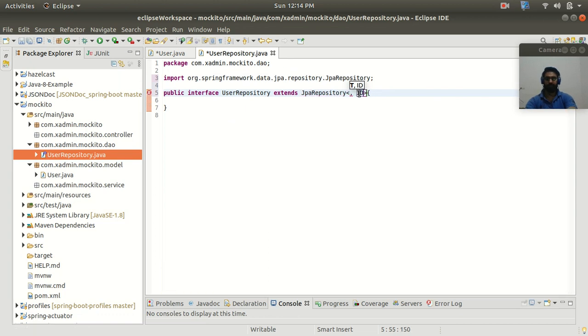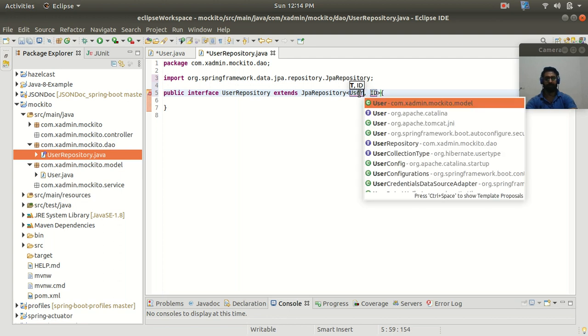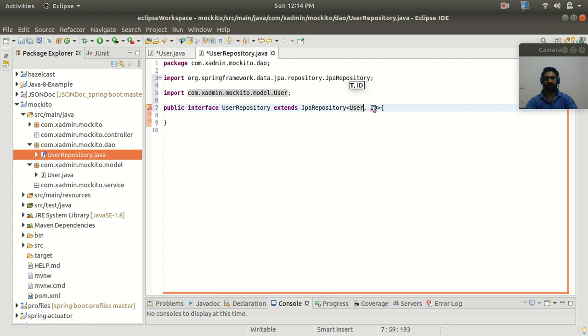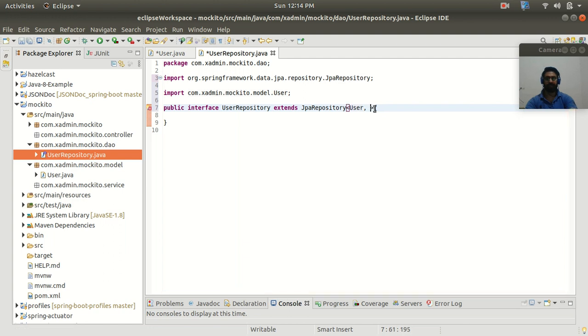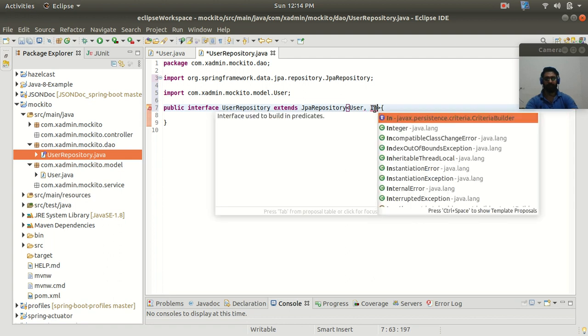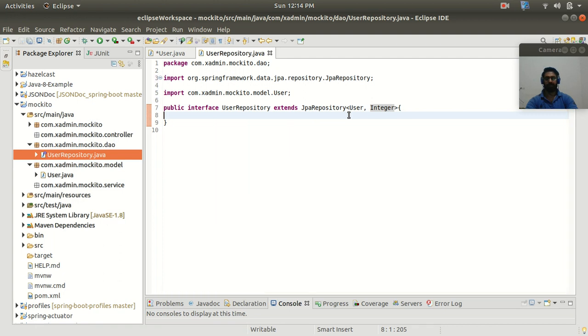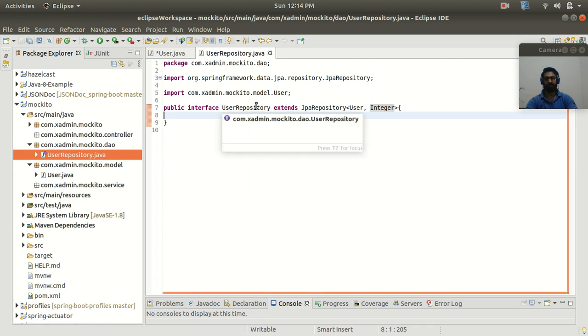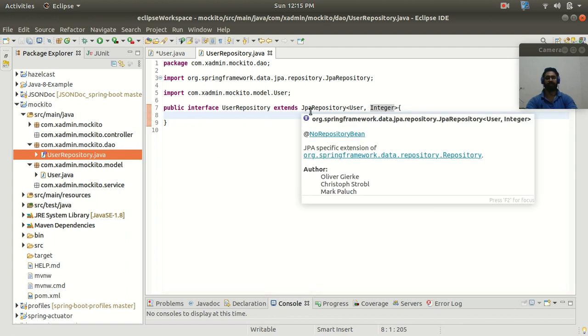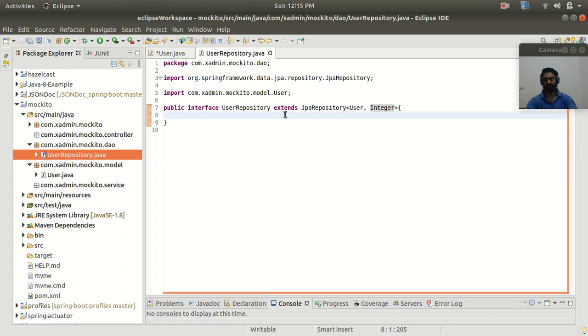So here in the generic we need to pass the entity class. So user is the entity class, and in the ID section we need to pass the data type of my primary key. So ID is the primary key and the data type is integer. So here we need to mention integer. So guys, we have created our user repository interface, and it is extending a JPA repository, and the JPA repository will provide all the CRUD operations.